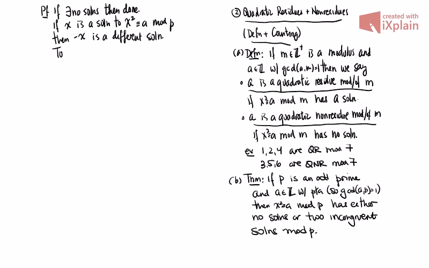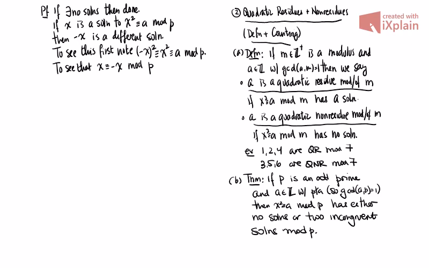To see that it's a solution is obvious, right? Because note that if you square negative x, you get the same thing as when you square x, and therefore you get a mod p. And so everything is good. But we need to make sure it's different, right? So to see that x is different than negative x mod p,